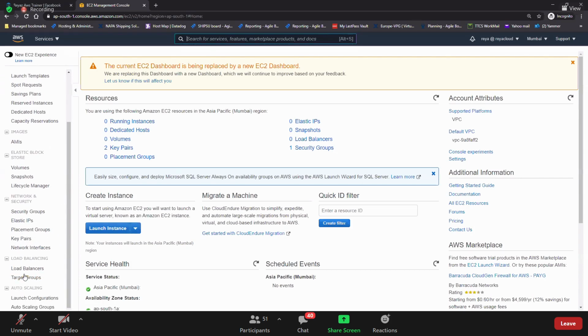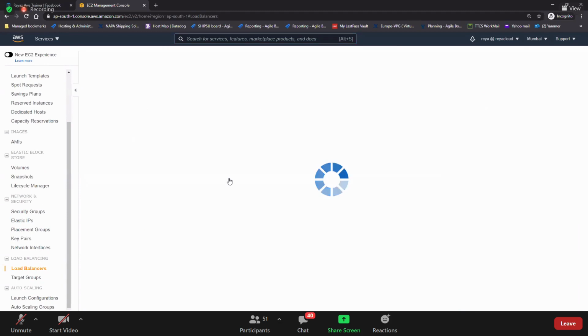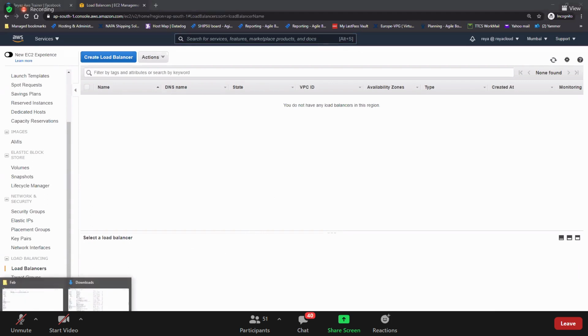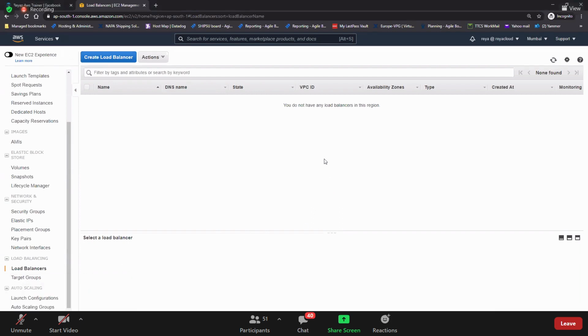So now let's go to load balancer concepts. What is that? Load balancer concepts. Okay, so you know very well about this load balancer. Many times we went and learned about this load balancer, right? So what is a load balancer, guys? It distributes the traffic across multiple EC2 instances across availability zones, right?